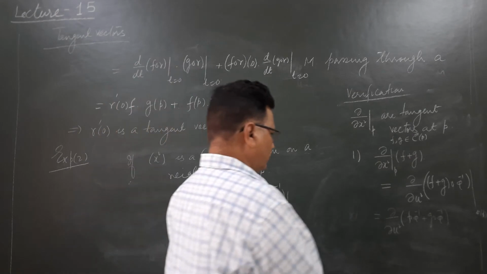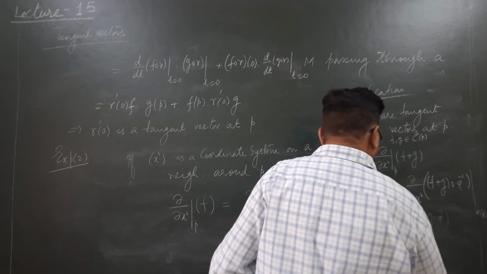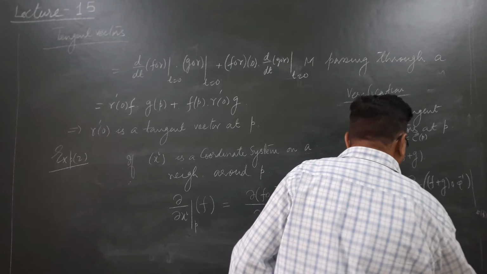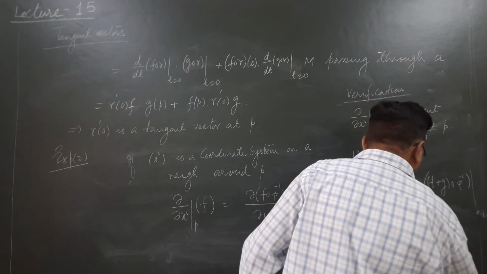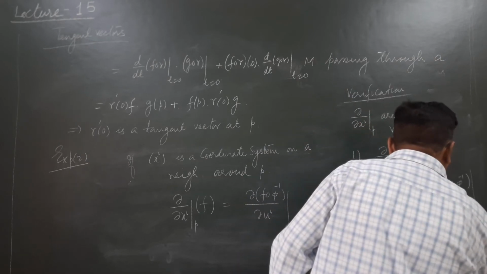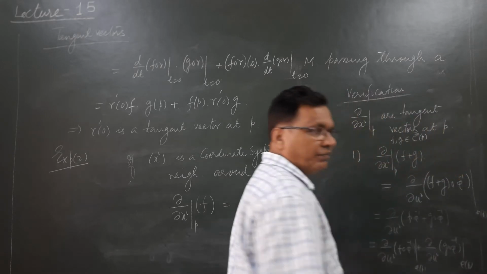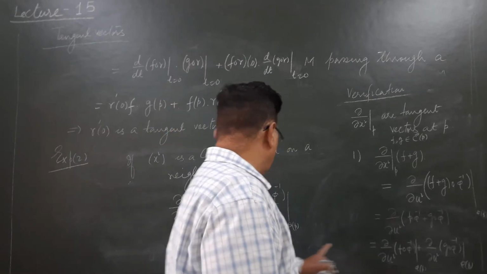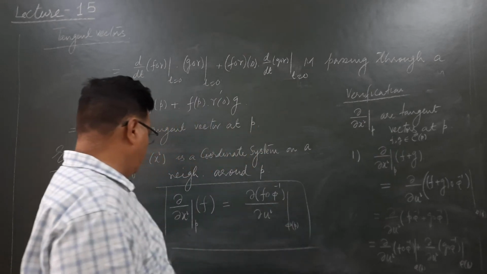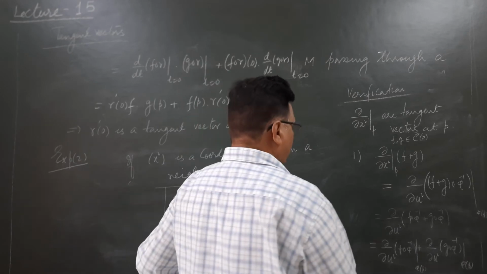Okay, so by the additive property of del upon del ui, it is del upon del ui of f composition phi inverse at the point phi p plus del upon del ui of g composition phi inverse at the point phi p. Now look at this box relation. This was box number 2. You will notice that the first thing is what? Is del upon del xi of